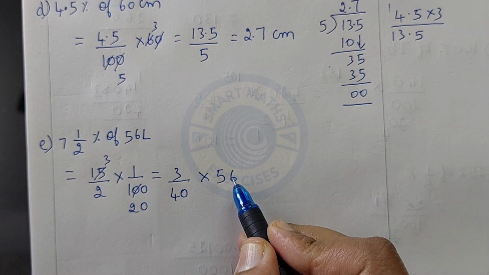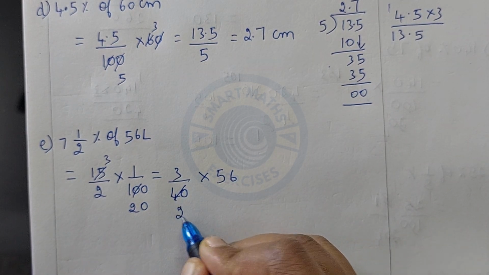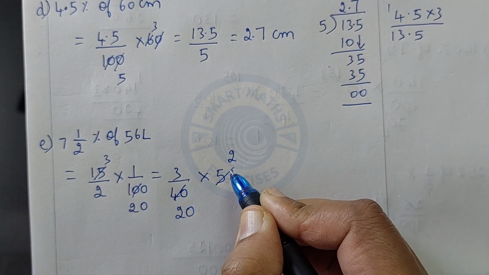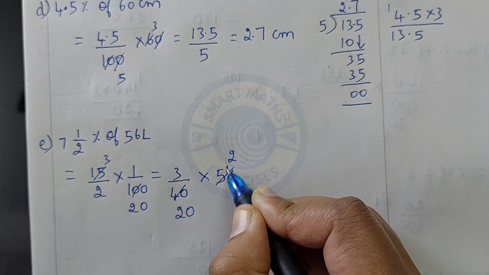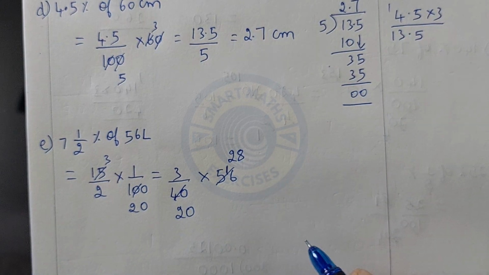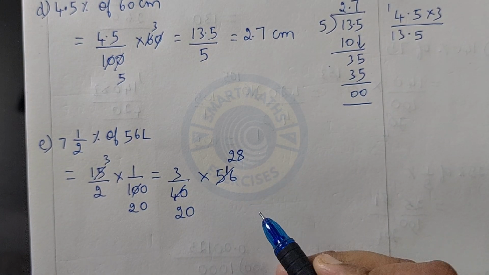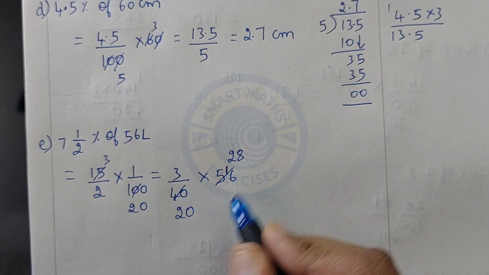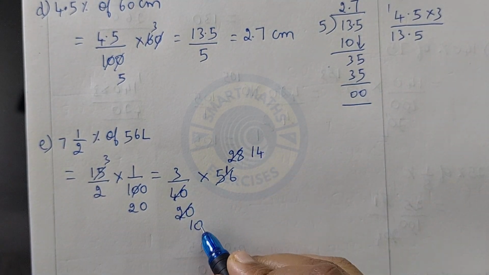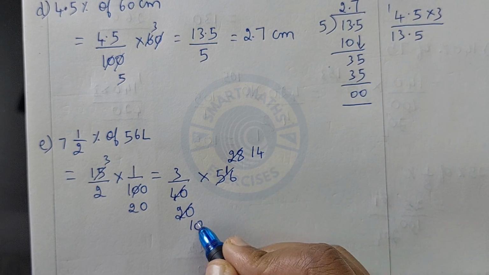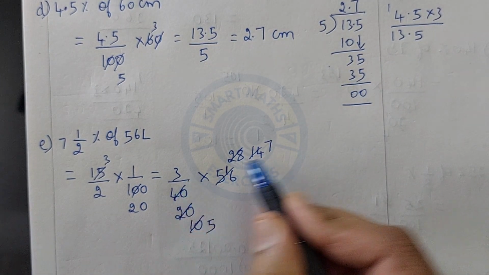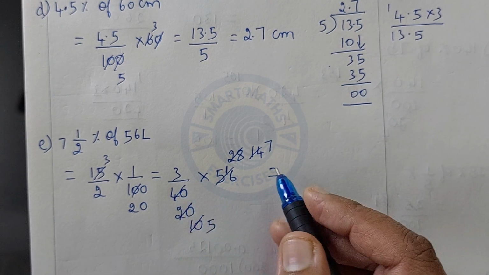40 and 56 both go in 2 table. 2 20s are 40, 2 2s are 4, 5 minus 1, 4 is 1, 2 8s are 16. Now again 20 and 28 go in 2 table. 2 10s are 20, 2 1s are 2, 2 4s are 8. Again 10 and 14 go in 2 table. 2 5s are 10, 2 7s are 14. Multiply 3 into 7. 3 7s are 21